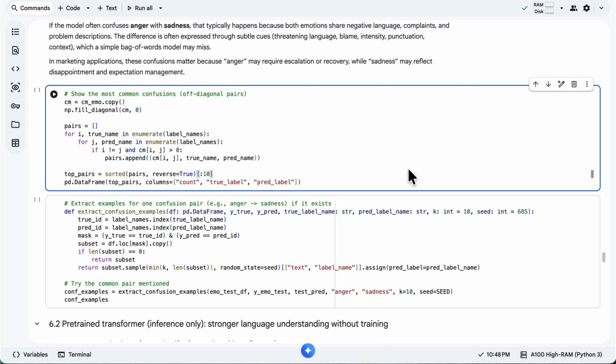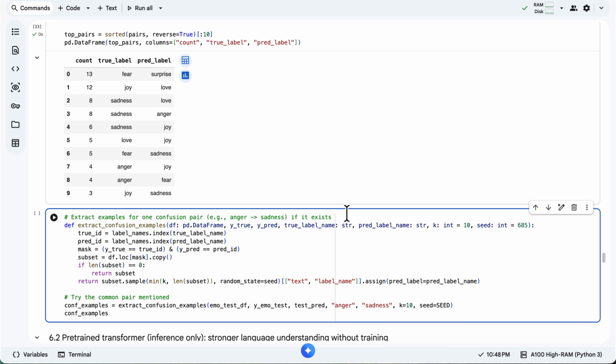Now we extract the most common confusions by removing the diagonal and ranking the off-diagonal pairs. The output table shows which true emotion is most frequently predicted as which other emotion. This is a fast way to summarize what the model systematically mixes up. When you look at the top pairs, ask one question. Is this confusion understandable from language alone, or does it suggest the model is missing context that would require a